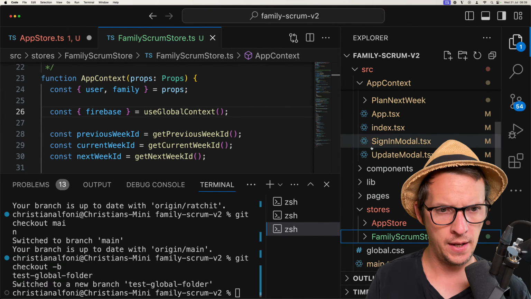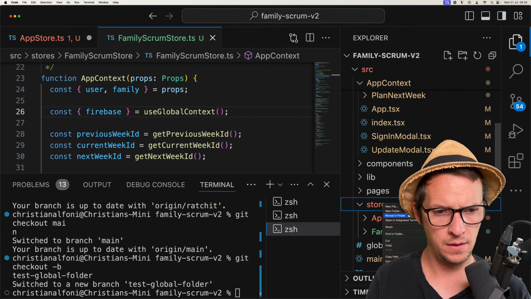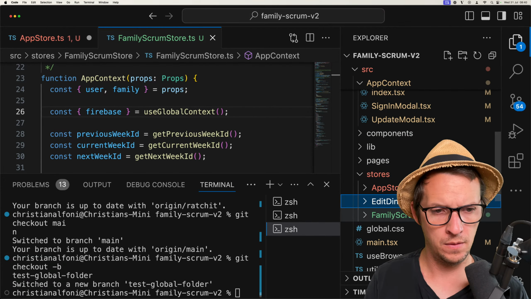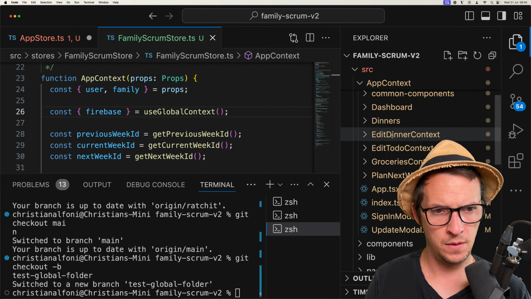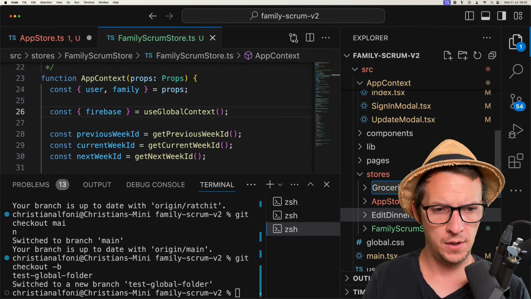And then you would have edit dinner store. Okay, let's just write them out. Grocery store, groceries store.